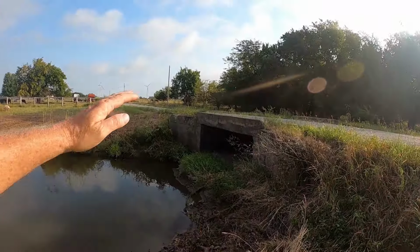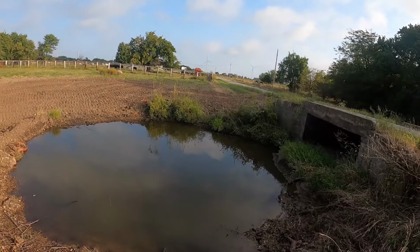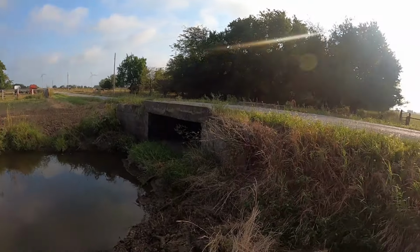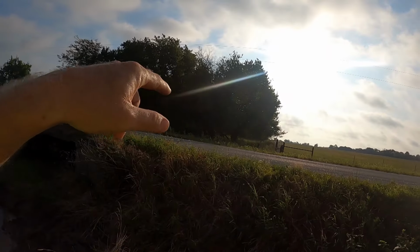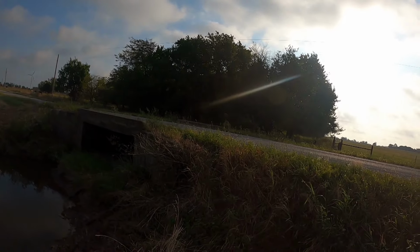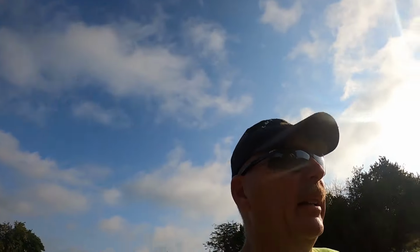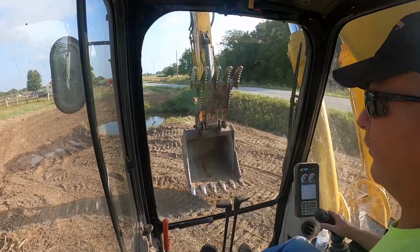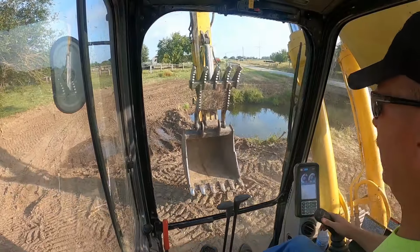So I'm just going to place them there and concentrate on getting it placed down in here, again, to help keep it from pushing this out. So we'll stack a load in here, and then we'll work on that side over there. Again, I'm going to pull this back, and then I'm going to get out on the road, I think, and very gently go down the road and work on this side of the fence and dig some areas out and smooth some areas up. So anyway, that's the plan. Let's work our way over and pull that dirt back. Then I'm probably going to jump over on the other side of the